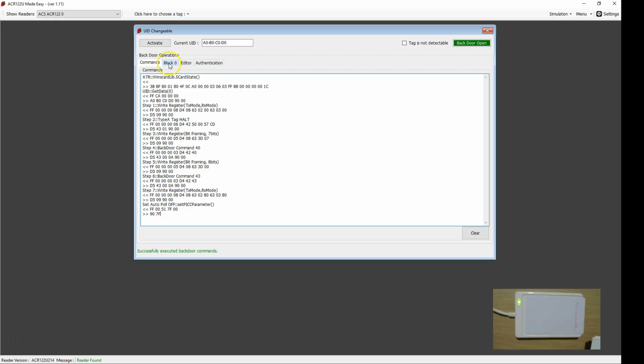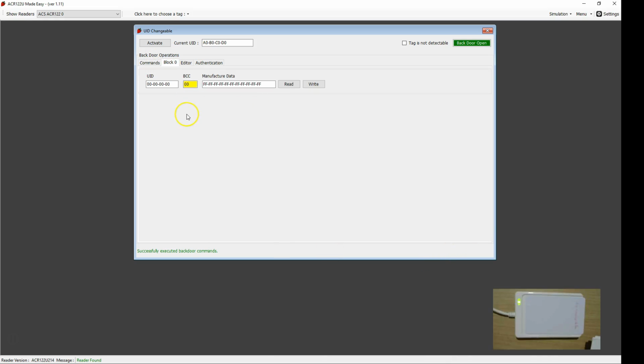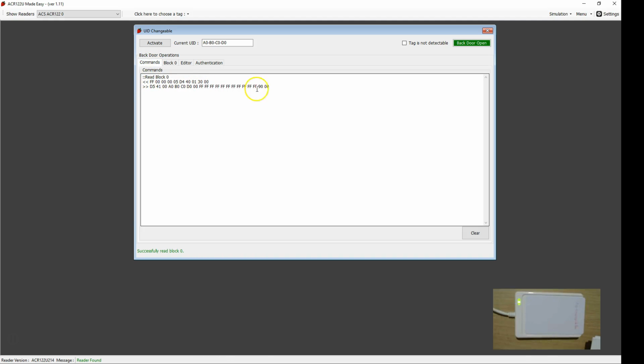Now if you go and hit the second tab, most of these types of tags are used to modify block 0. So I have a separate tab called block 0. If you hit read, you are able to read block 0. You can also see the various commands here. Now these commands are PN532 commands. These are not the PC/SC